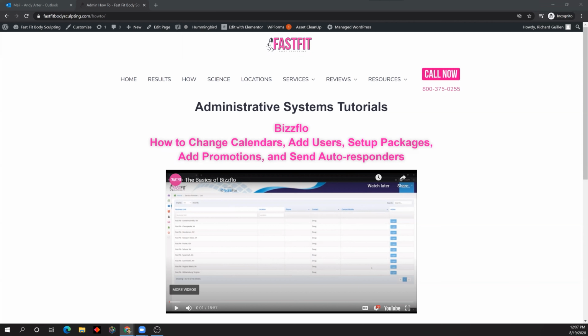So yeah. Doesn't BizFlow have text capability? I don't know. I've seen in there where